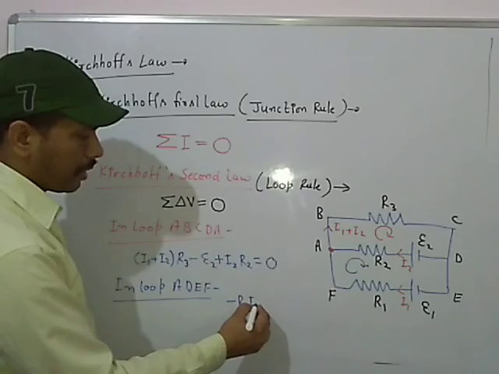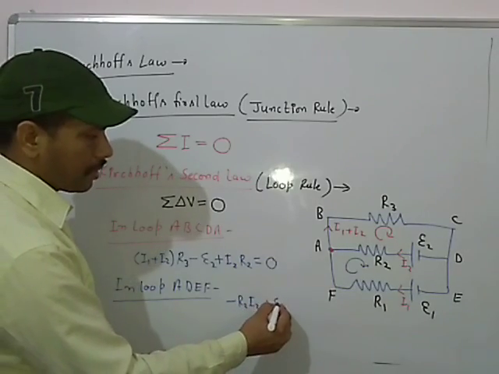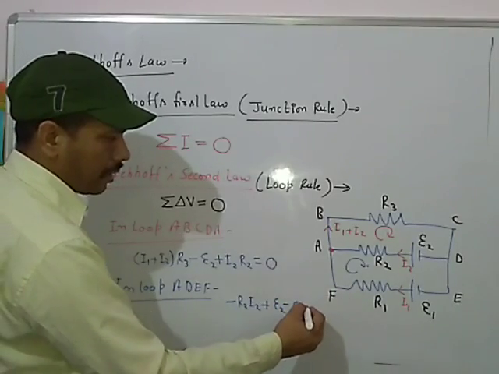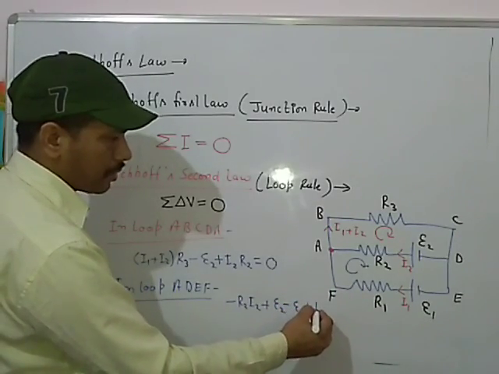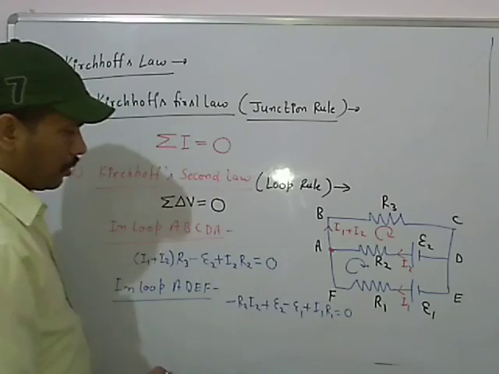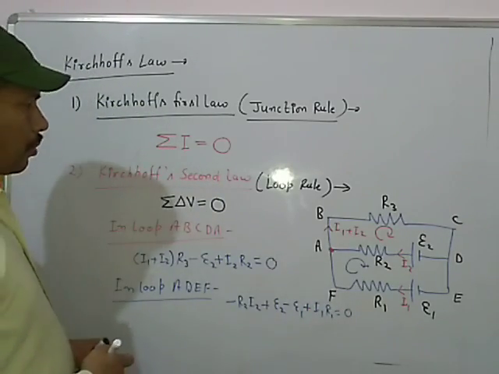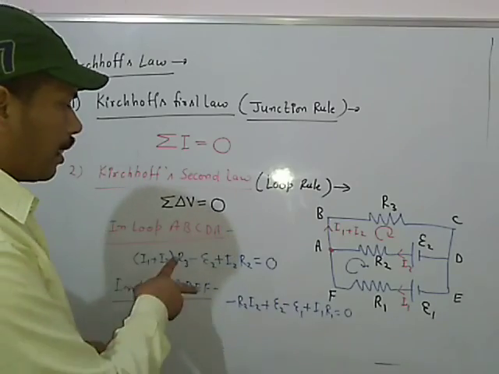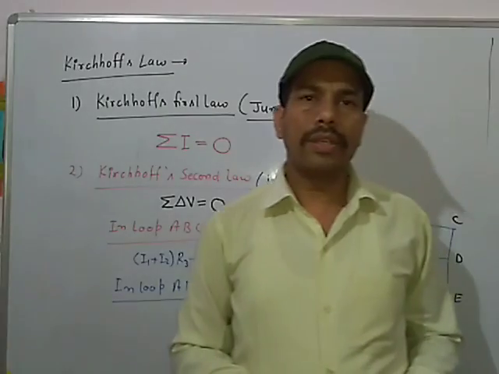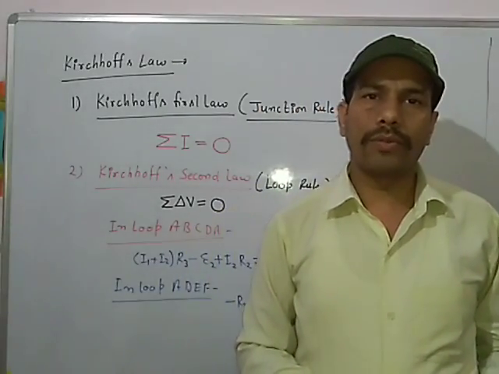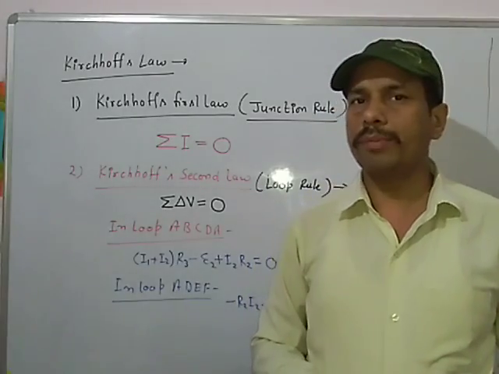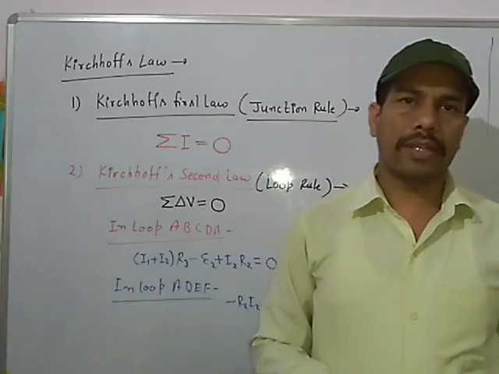R2 I2 हो जाएगा ये माइनस का, देन प्लस E2, उसके बाद में आ जाएंगे माइनस E1, देन इट विल बी प्लस I1 R1 is equal to 0. This is equation number 2. So in this way, with the help of these two relations, after solving these two equations, we can obtain the value of the current in the circuit as well as the current in each branch of the given circuit.